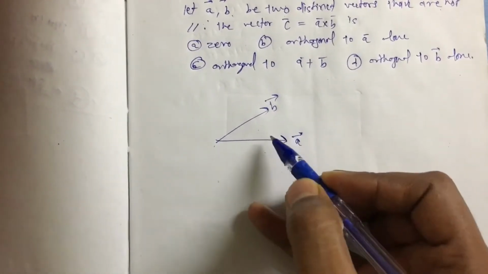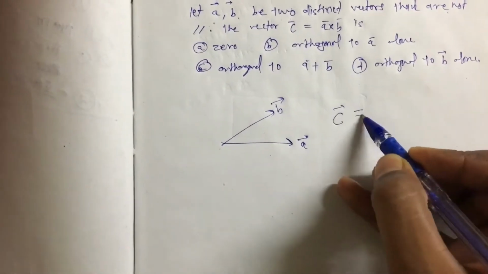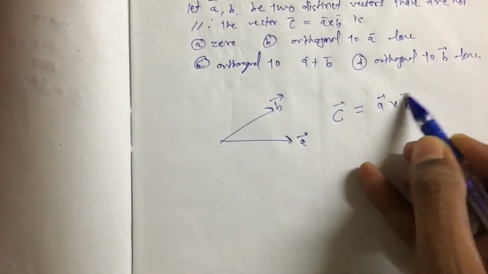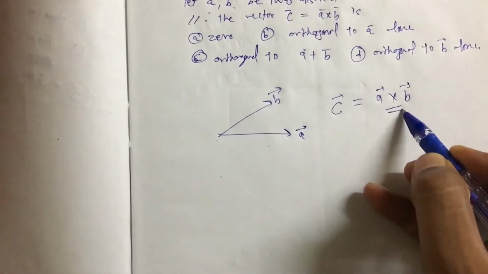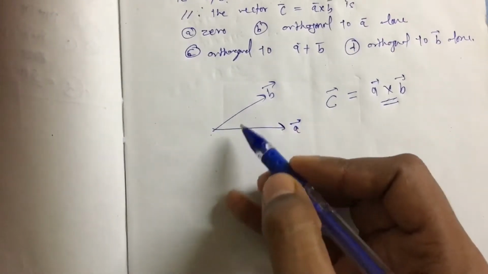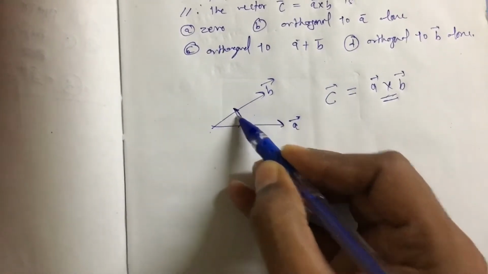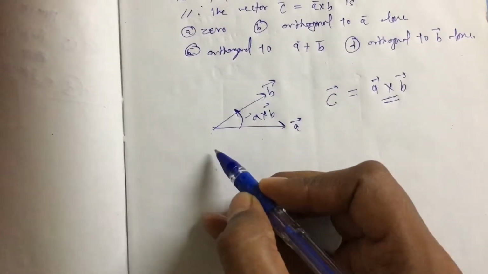They are not parallel. And they are saying there is another vector C which is A cross B. So we have a basic idea about cross product. If you have vector A and vector B, and you do the cross product A cross B, then you have to apply the screw rule. Screw rule means